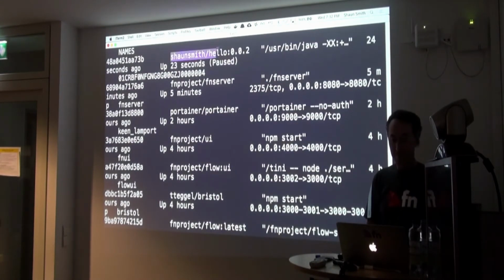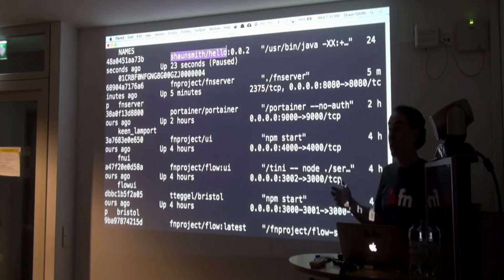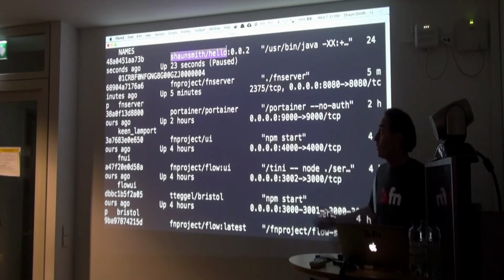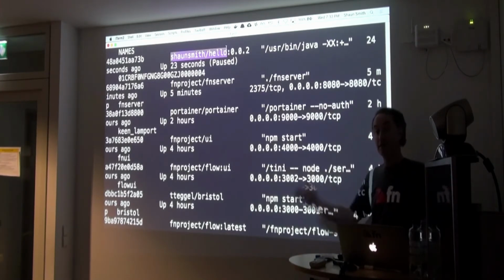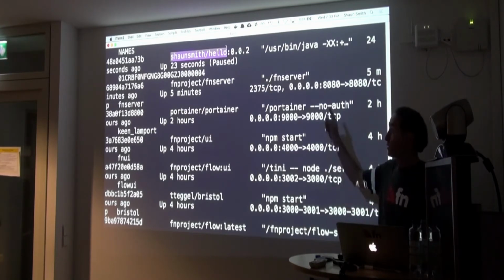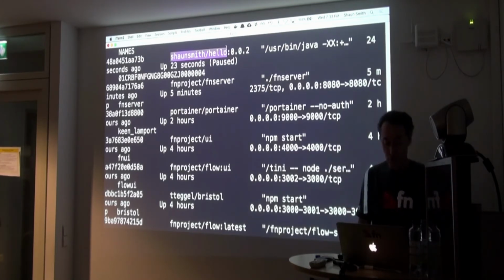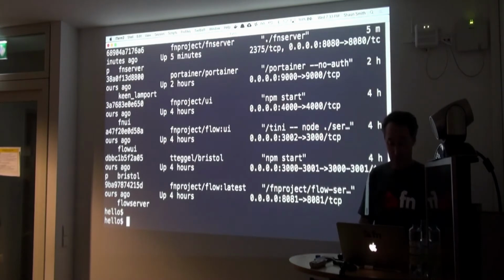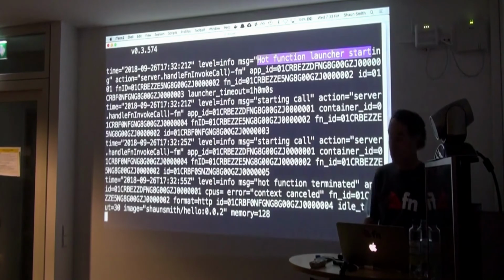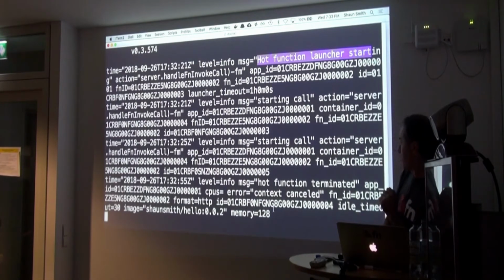So I have my container. That function is running. So what happens is we start the container up, the function container, and we can call it repeatedly. It can stay alive. We can have it handling multiple requests. So the cost that I pay for booting that JVM happens one time, except that this will get basically timed out. So if I look again now, if I do Docker PS again, it's going to be gone. It's gone, and over in the server log, I can see that function terminated over here. So it's being taken down.